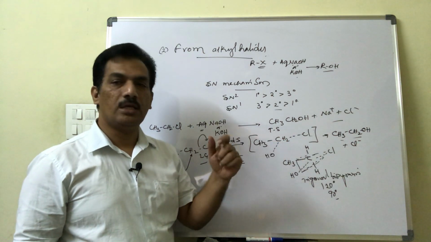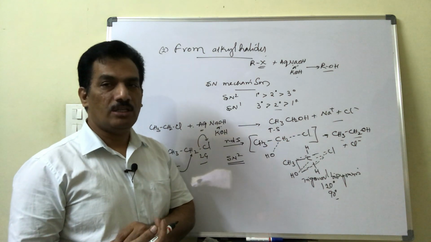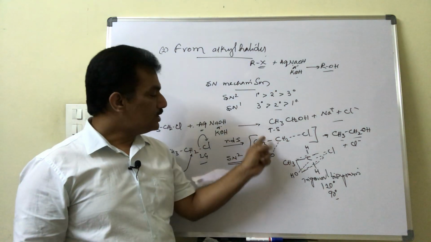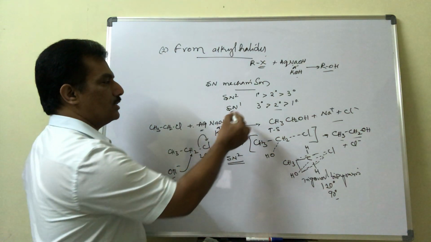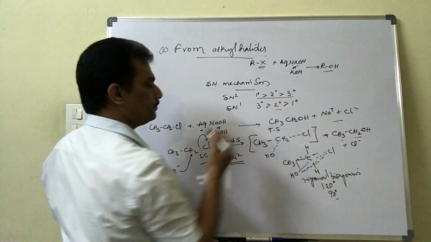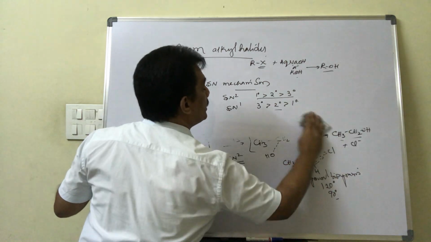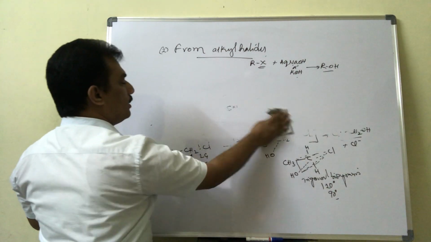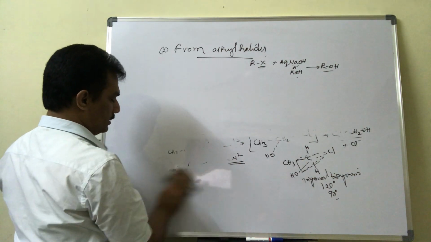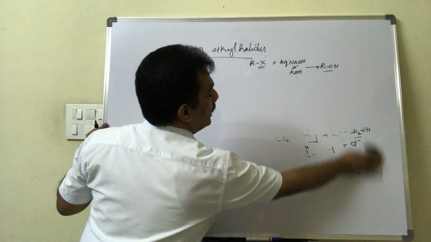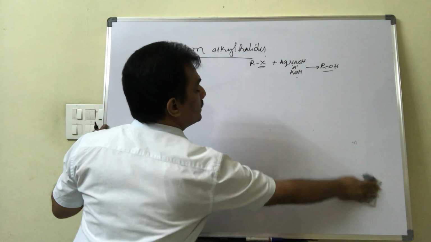If it is a stereomer, then only we can imagine the formation of Walden inversion. Clear? And now in this SN2 mechanism, the reaction order follows like this. And next one is SN1 mechanism. Mostly tertiary alkyl halides are interested to go for SN1 mechanism. Already we studied. Anyhow, again in this reference also, let me explain how it happens.